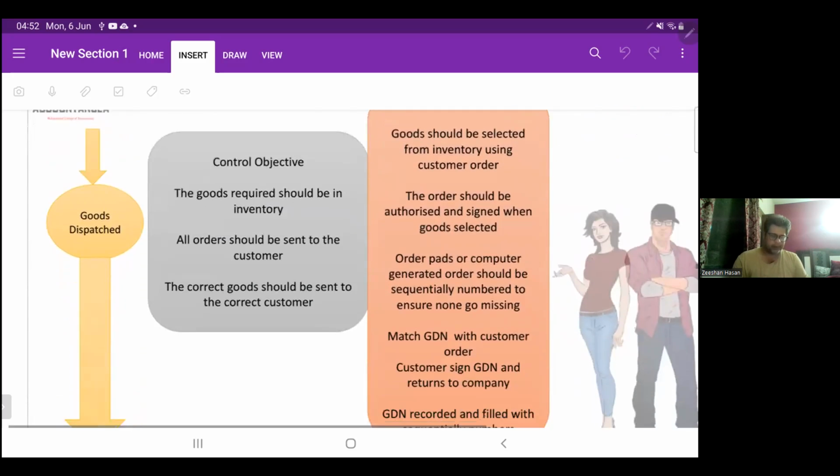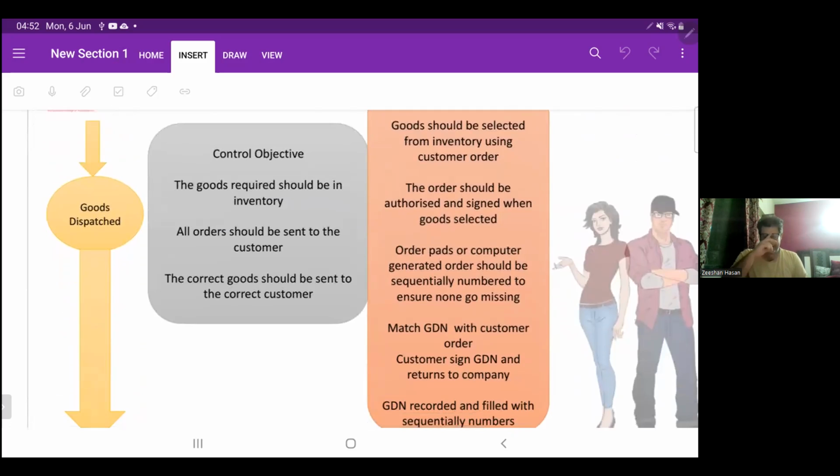Then the next stage, goods dispatch. Here, management is afraid that the goods required may not be in inventory. So here is your objective: goods required should be in inventory. What will be your procedure? Goods should be selected from inventory using the customer order. The order should then